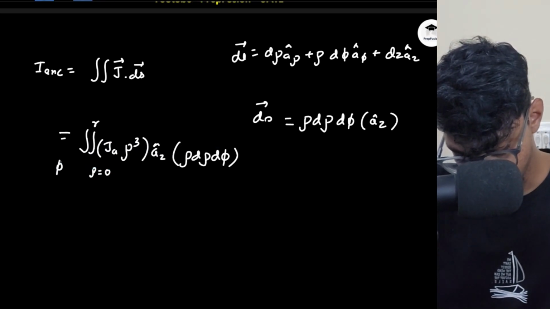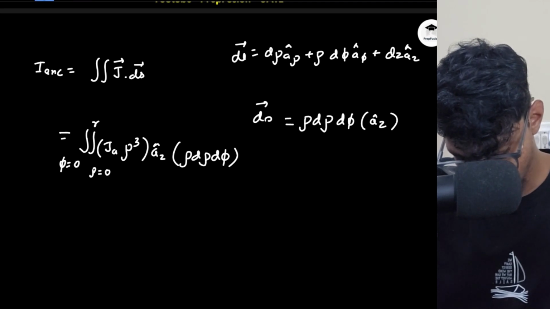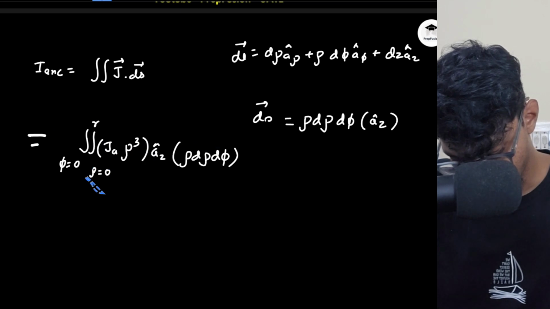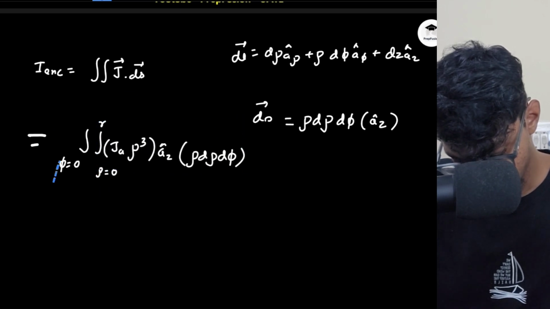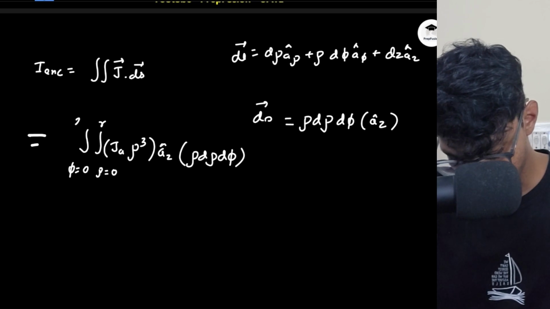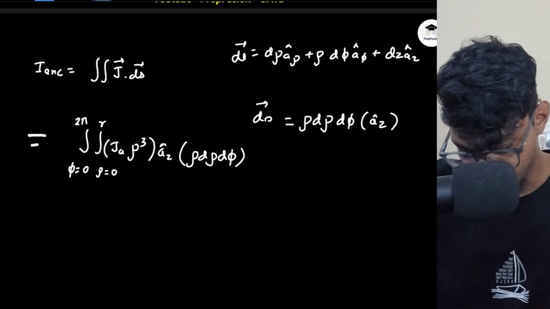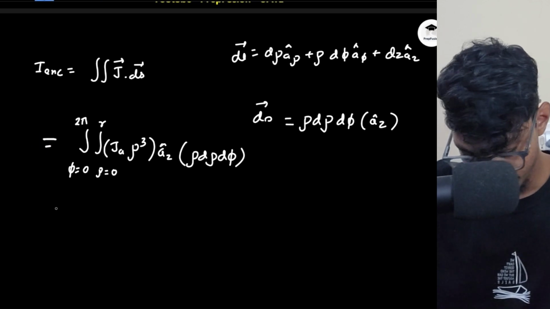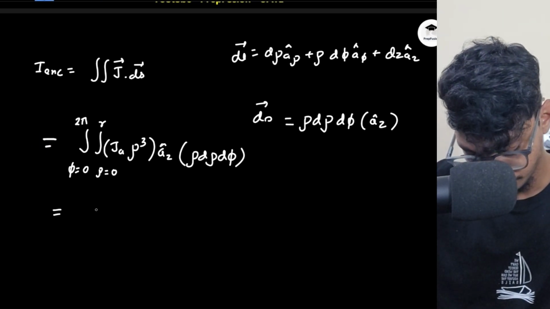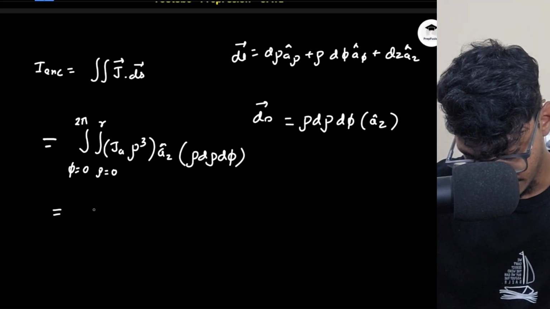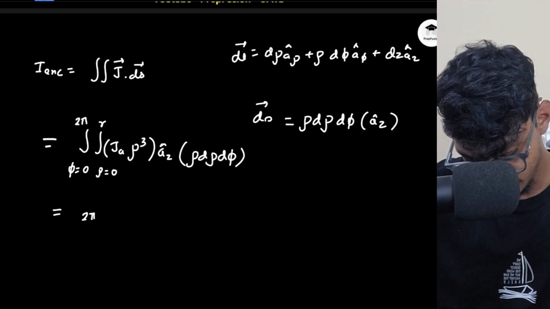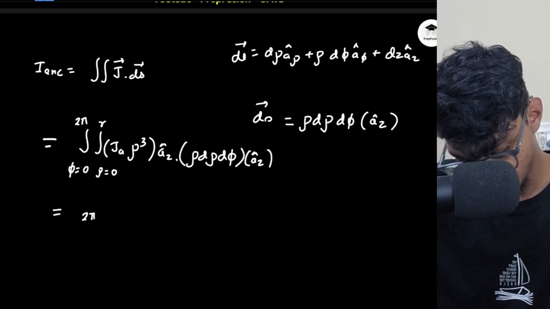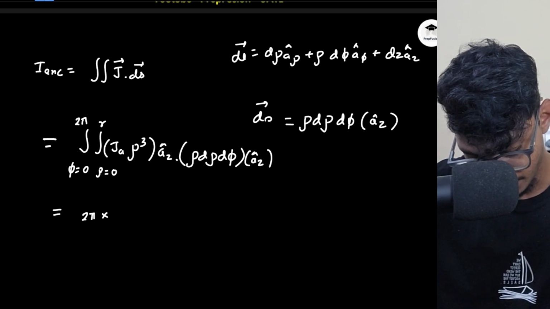And phi goes from 0 to 2 pi. So this will be equal to what? I can observe that this 2 pi will be outside because this is not a function of phi itself, and here also there is an az cap, I forgot, and these two will be a dot product. 2 pi I can multiply outside, and this will be